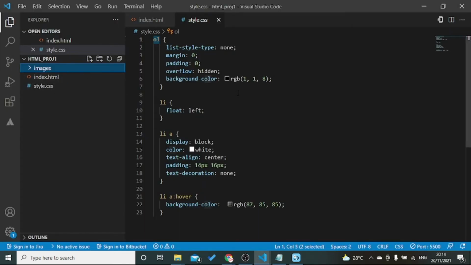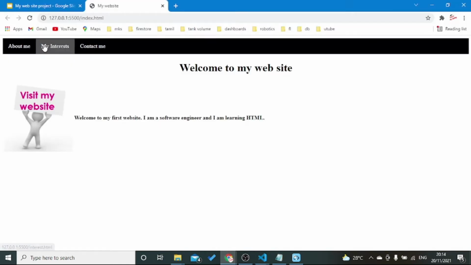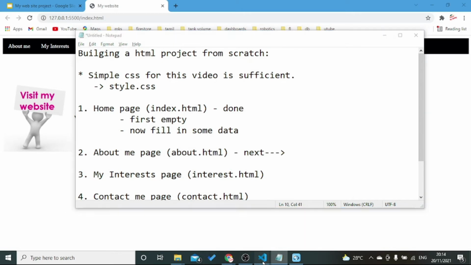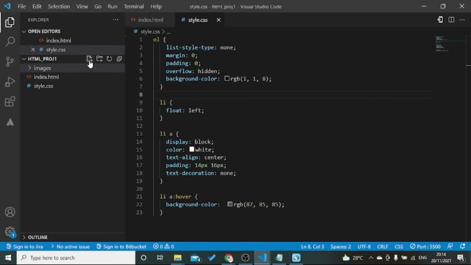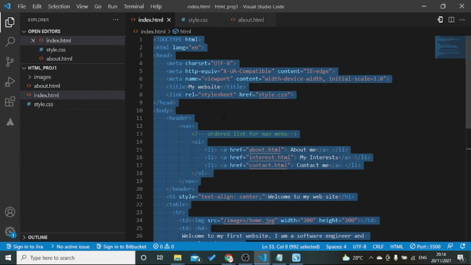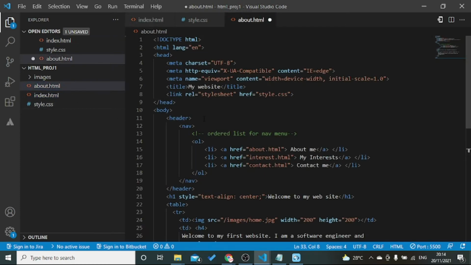Go ahead and create another file. So now we have seen the menu item. So let's build one by one. We have built the first home page. This is done. Let's copy index.html, put it here.